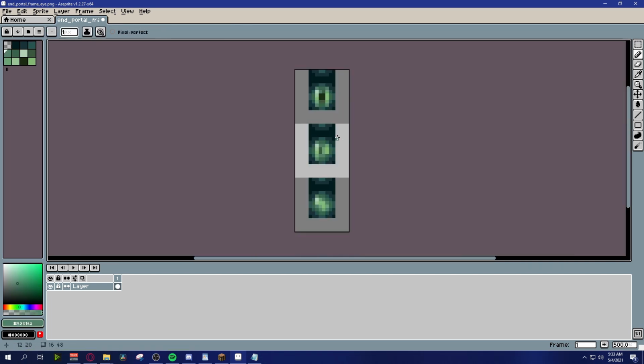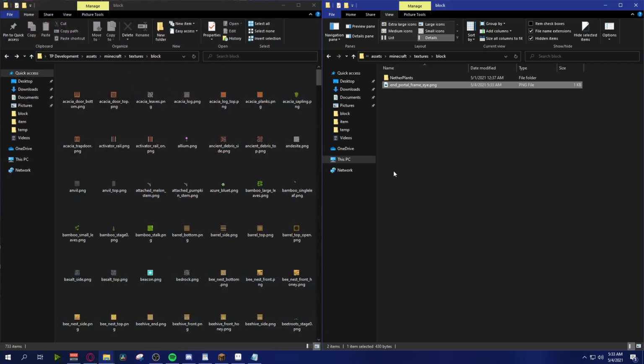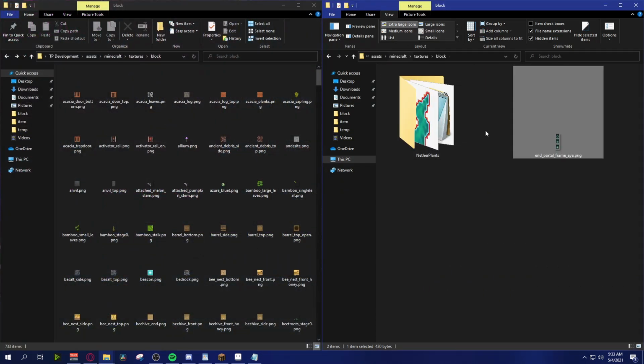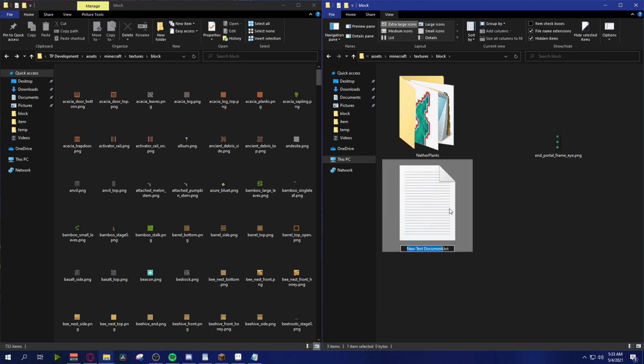Okay, and there we are, we're done. So again, we have these textures, again not my favorite, but they'll work for now. For the sake of the video, we'll save the image, and then once we go back to the folders, let me open up both, we'll have the already finished 3-frame texture. And in much similar fashion, we're going to create another text document, and we're going to name it the end underscore portal